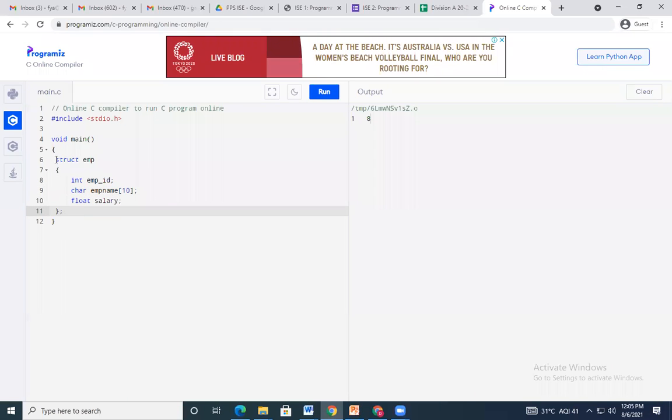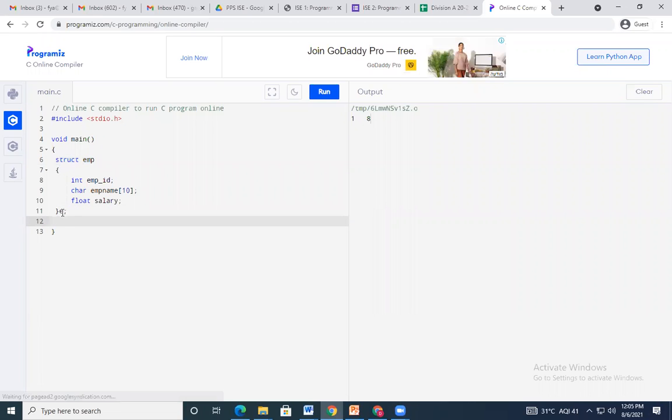See, this is a complete declaration of the structure when I write here a semicolon. But before the semicolon, I'm going to use one variable, that is the structure variable. Okay, this is the structure variable. I can give any variable name here, but I have taken employee, so I will take e as a variable.